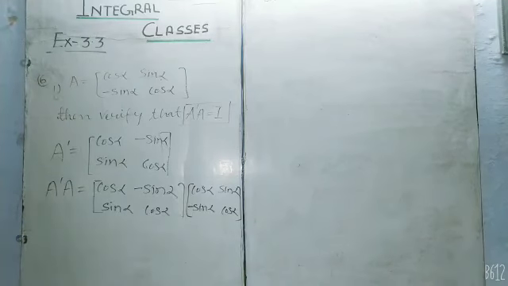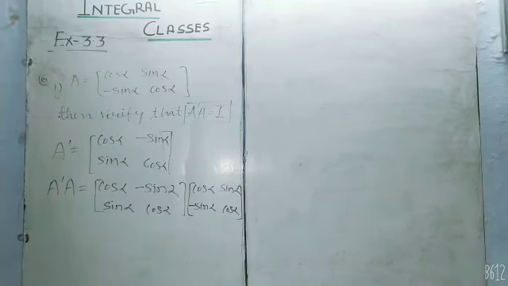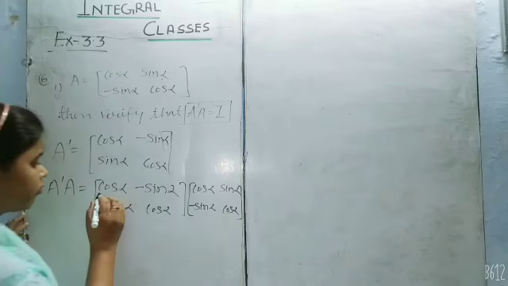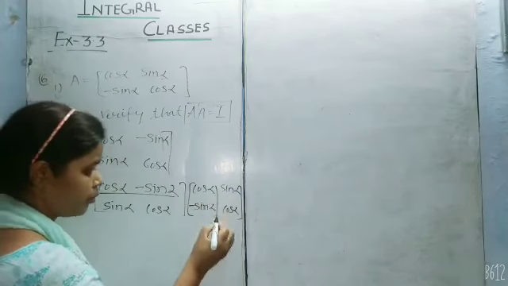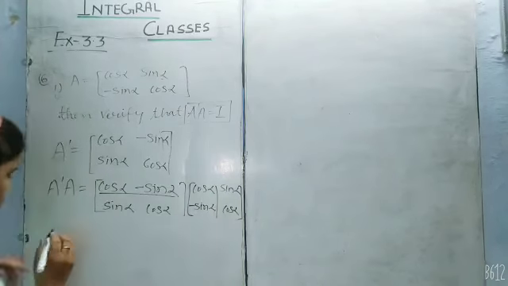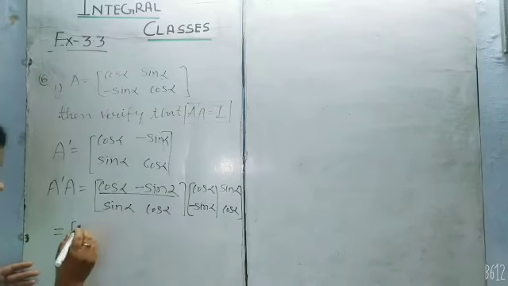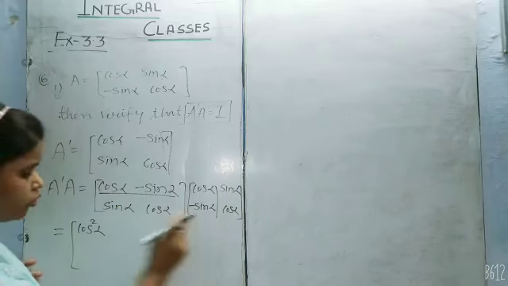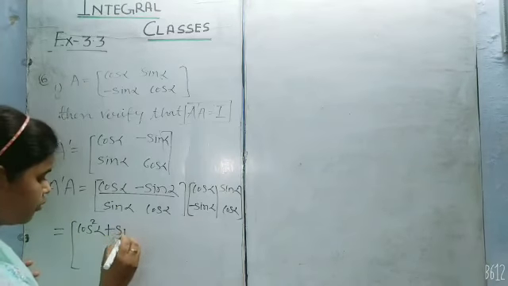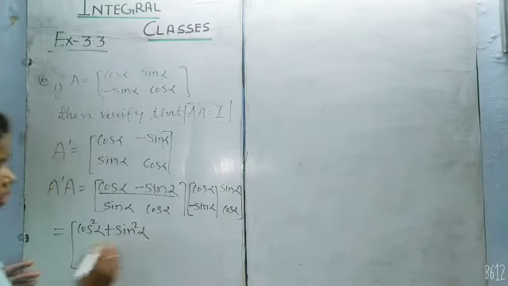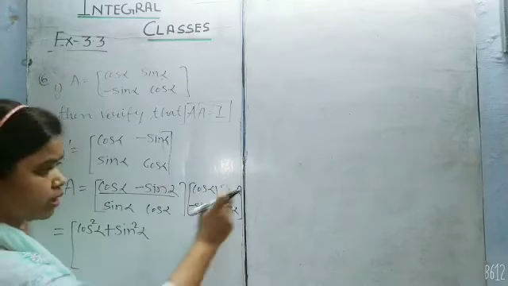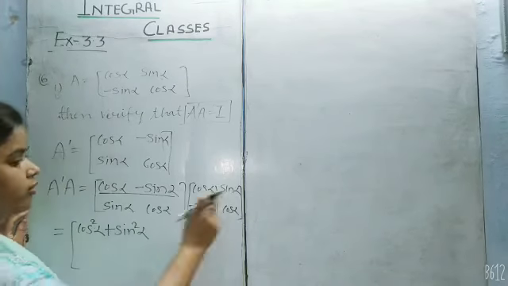Okay, so how will we multiply? Rows of the first matrix multiply by columns of the second. Then cos alpha into cos alpha, cos square alpha, minus sin alpha into minus sin alpha, it becomes sin square alpha. Now again first row multiplied by second column, cos alpha into